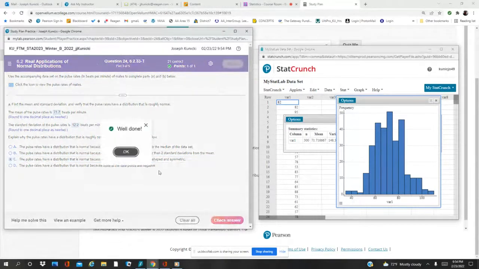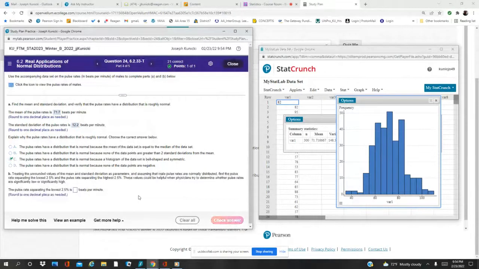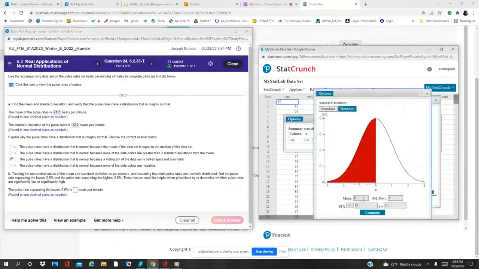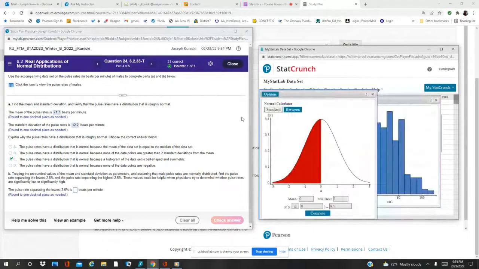All right, and then the next one is treating the unrounded values of the mean and the standard deviation as parameters, and assuming that pulse rates are normally distributed, find the pulse rate separating the lowest 2.5% and the highest 2.5%. Okay, so we need to go to Stat, Calculators, Normal, and what we want to do, I'm going to move it over here. It says use the